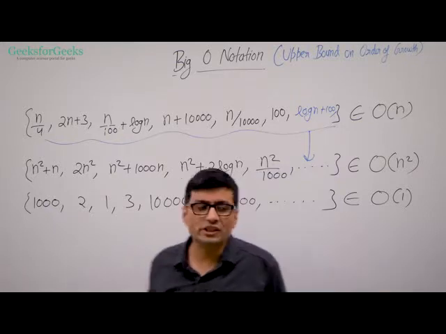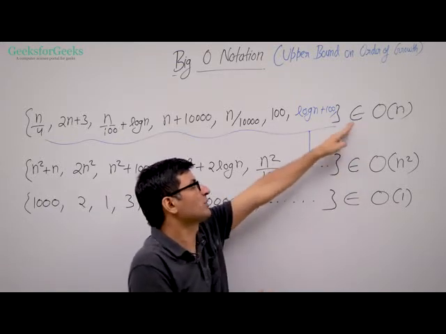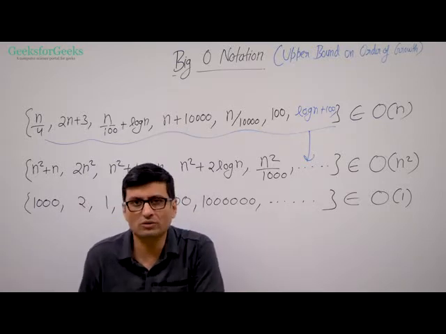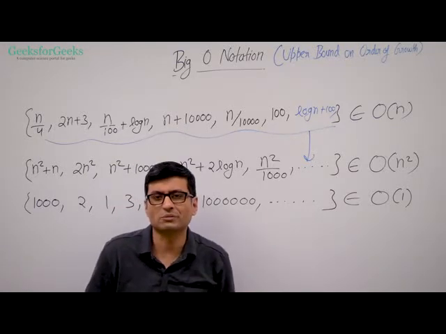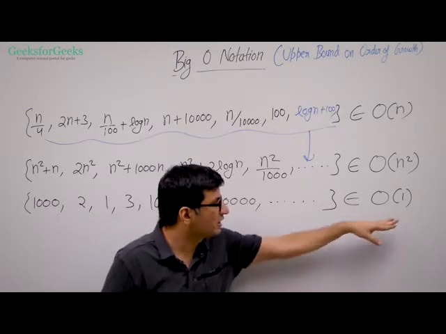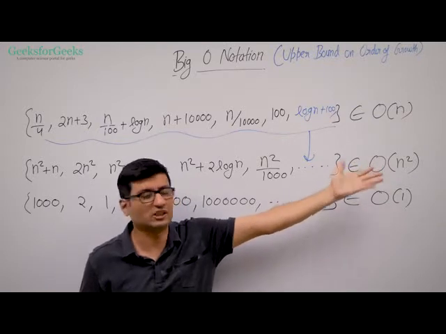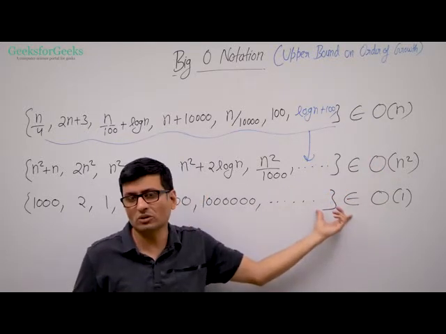So these constants also come under big O of n square and big O of n, because they have lower order of growth. Constant means the least order of growth. It does not grow at all in terms of input size. All these things come under big O of 1. They also come under all big O notations as well, like n square, n, because this is the least order of growth.